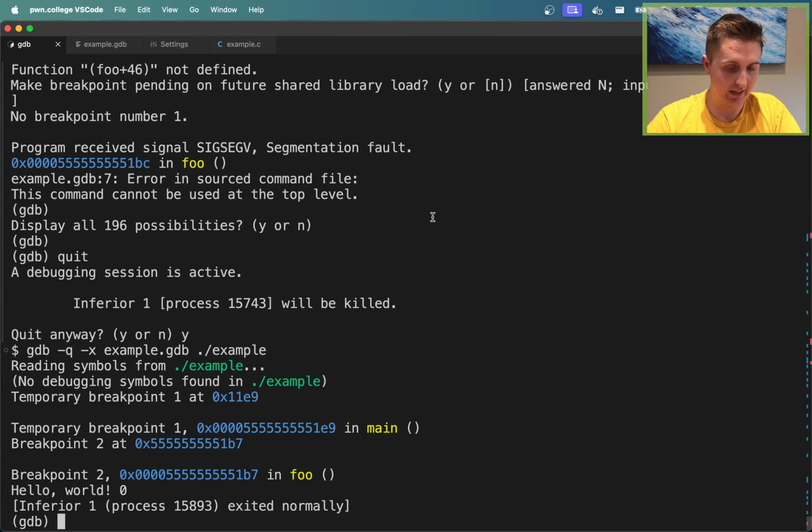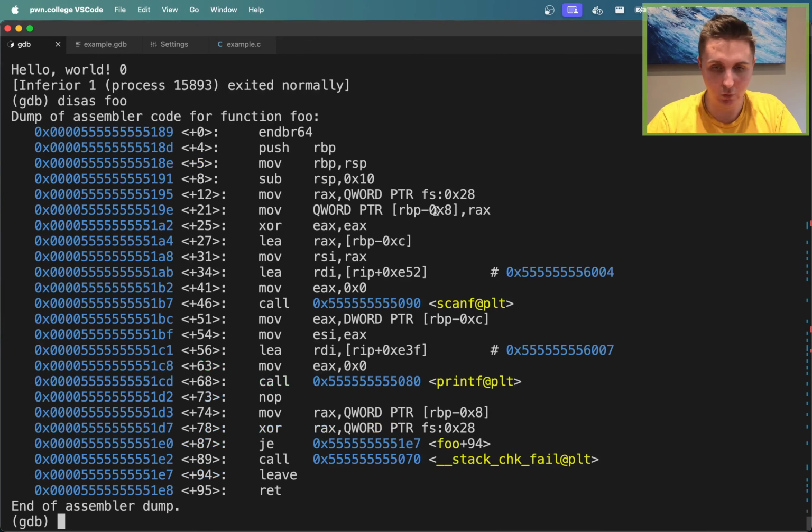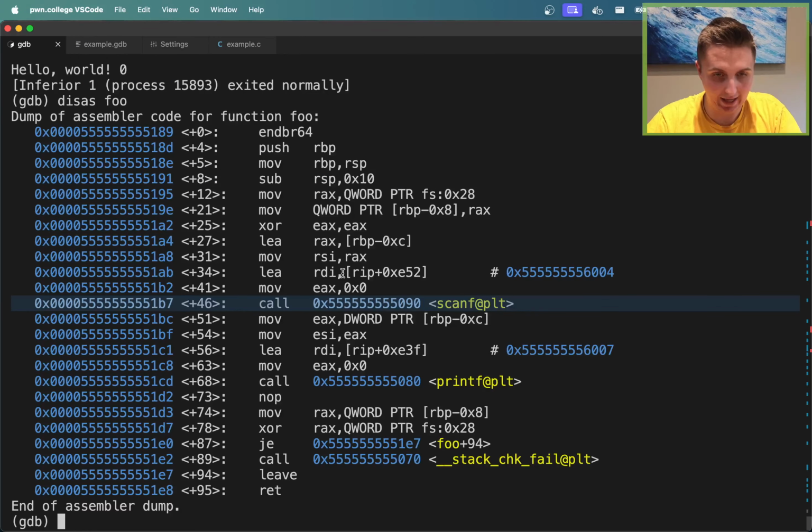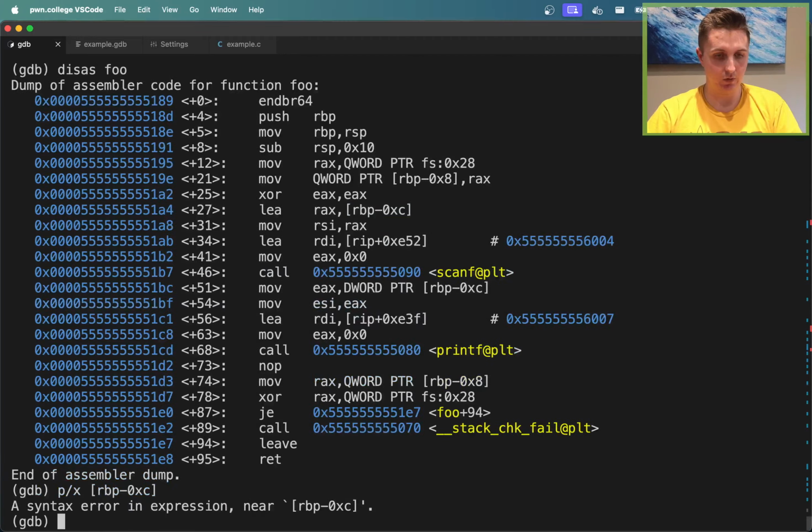So here's how we would do that. If we disassemble foo, we're going to see that the second argument to the scanf, so this is going to be RDI, this is going to be RSI. RSI is going to contain the address of this thing. Right here, we can see RAX goes into RSI, and RSI is RBP minus hex 0. So if we look at this thing